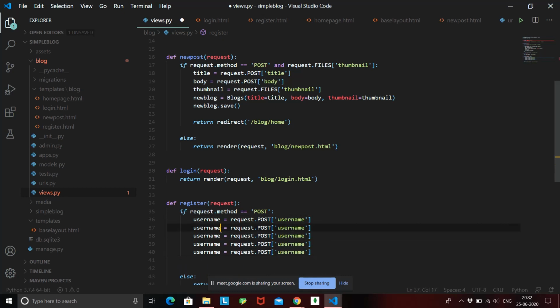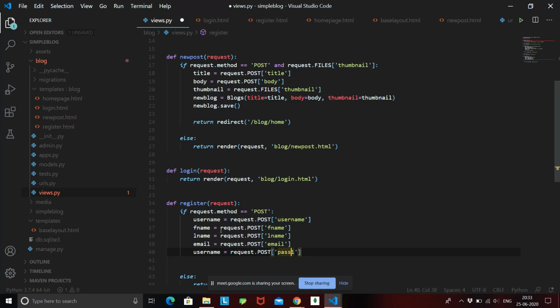Okay, so now we have to handle everything, that is the first name which is coming as fname, then we have to handle the lname, that last name that is coming as lname, then we have email, which is coming as email, and then we have the two passwords, that is pass1 and pass2.